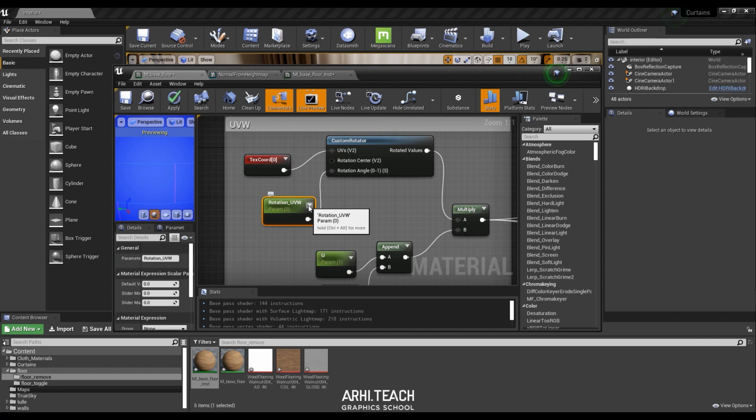I mean 0 and 1 are equal values, as I said in the first part of the video, so they will be in the first part of the lesson. So a 0 value means that the texture is applied as it is. As for the value of 1, the changes will not be seen because it is a turn of 360 degrees. 0.125 is 45 degrees. 0.25 is 90 degrees. 0.5 is 180 degrees. So 0.125 will be a 45-degree rotation.